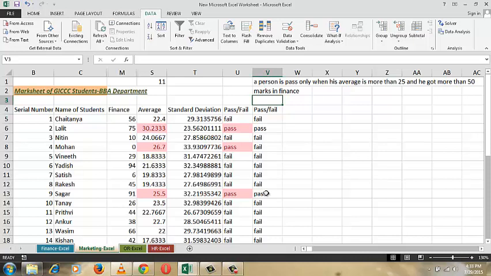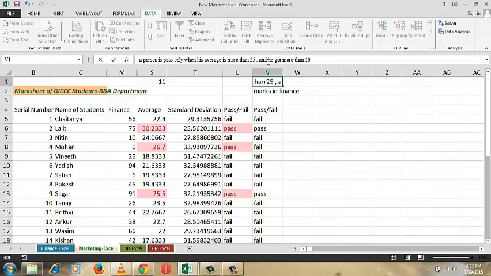this will not happen. You can put another condition like this, a person is passed only when his average is more than 25, otherwise